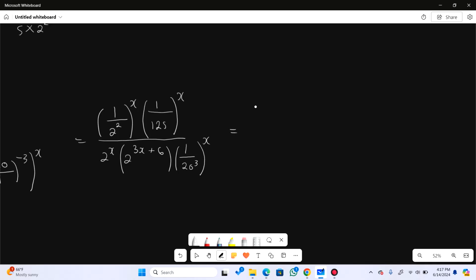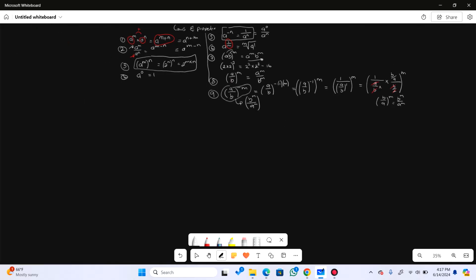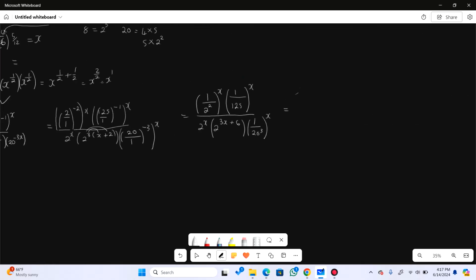Simplifying this further, we will get, now this one again, we're looking at property number 8, where the exponent will go inside. So here again I have 1 over 2 raised to the power 2x times 1, and then basically 125 is the same as 5 raised to the power 3, right? So we have that, I think, yes, and then all divided by